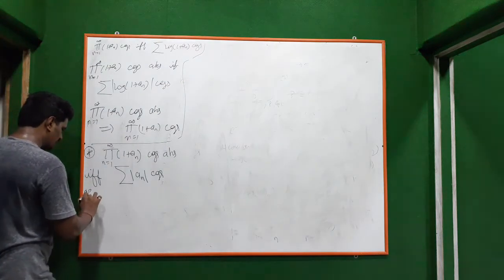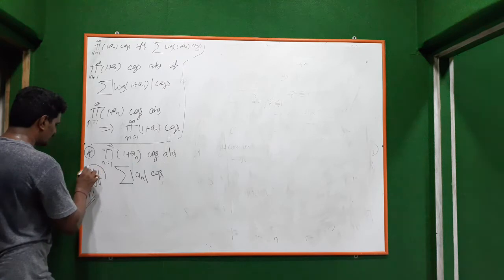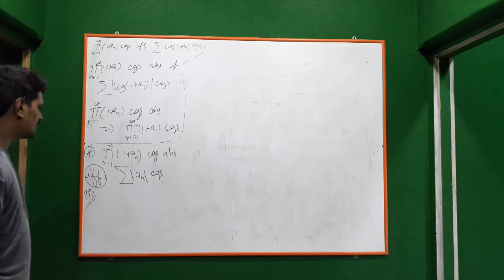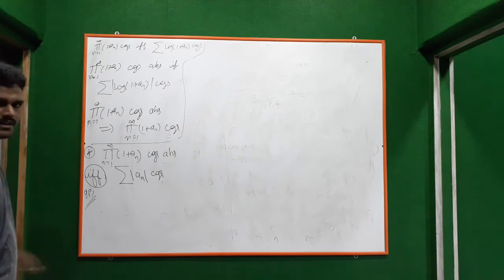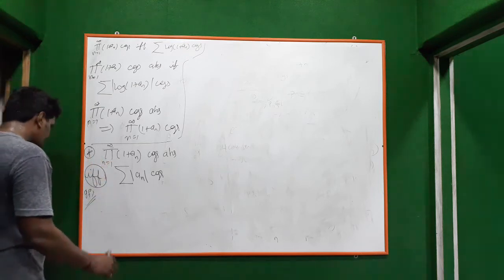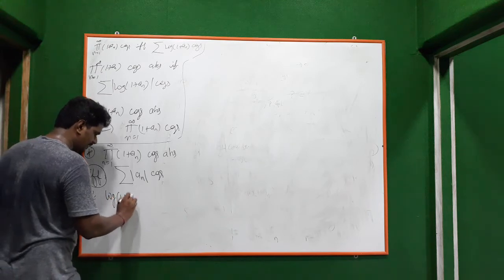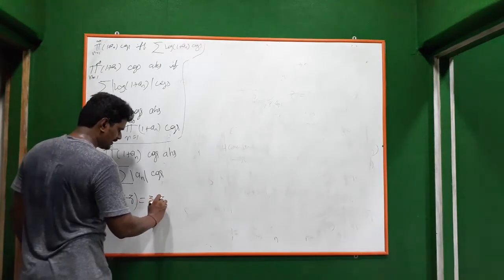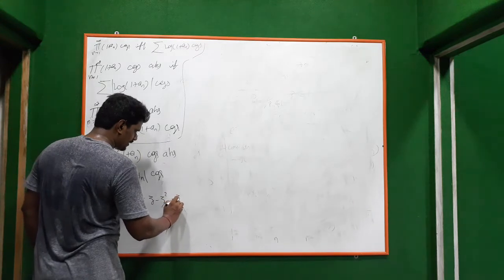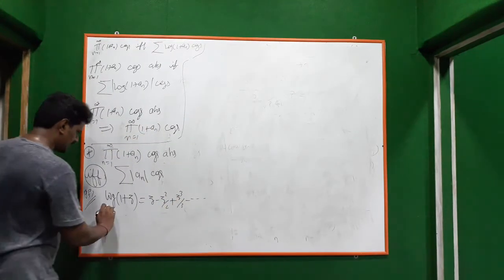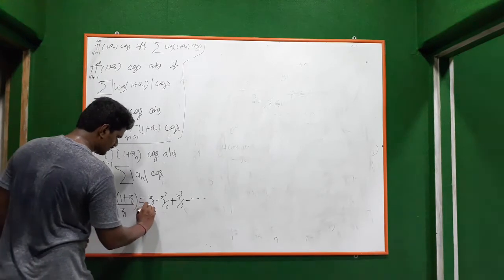Okay. First we will prove this. So before proving this if and only if condition, I will give you some result which we can use directly and prove this. Okay. A result for logarithm. We know that log 1 plus z, what is that? Okay. This is z minus z square by 2 plus z cube by 3 minus and so on. Okay. If you divide this by z, what will happen?